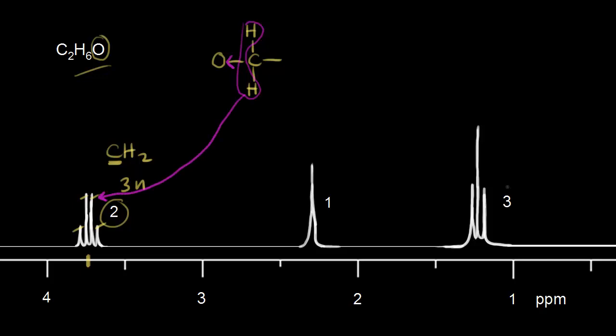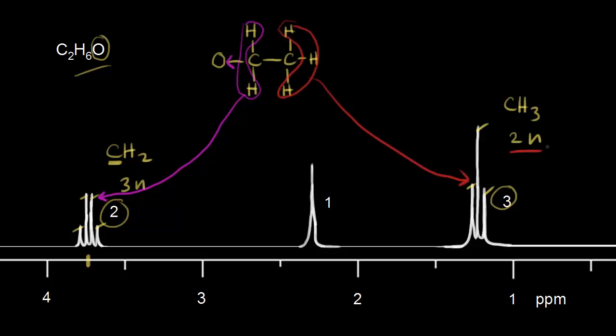Next, let's look at this signal. So we have 3 protons, so a CH3. How many neighboring protons? Well, for our signal, we see 1, 2, 3 peaks. So 3 minus 1 is 2. So 2 neighboring protons. And so 2 neighboring protons must be the ones in magenta. So we can go ahead and put our methyl group on here. And let's use red for the methyl protons. So these 3 methyl protons are giving us this signal. We predicted 2 neighbors, and those neighboring protons are the ones in magenta right here. So those are the 2 neighbors. For the ones in magenta, we predicted 3 neighbors, and so that's 1, 2, and 3.